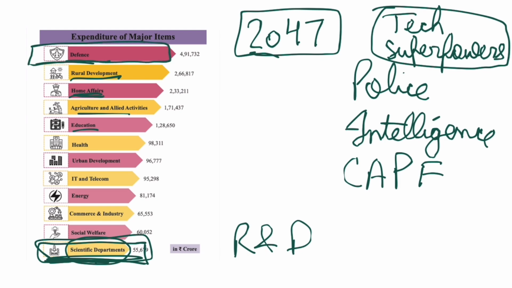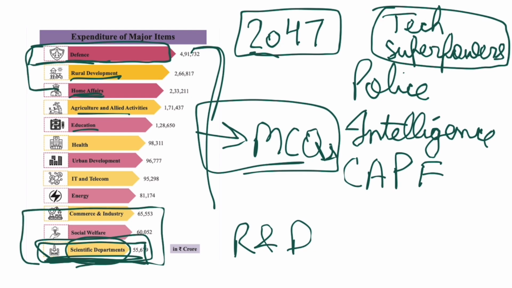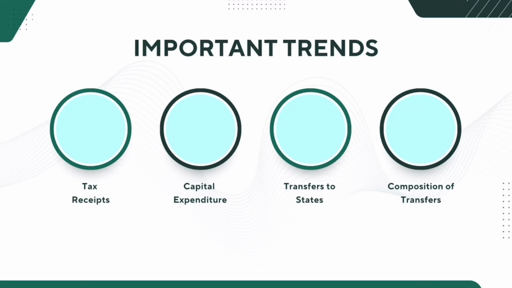on defense. Now, you might be asked MCQs from it, okay? And you can imagine what kind of MCQs can come from this. You should be aware of these trends. At least remember the top three and the bottom three expenditures, okay? Sectoral distribution. All right. Now, as far as important trends are concerned, so as far as tax receipts are concerned,